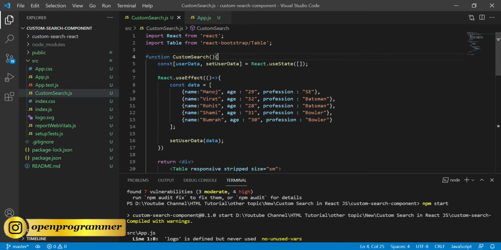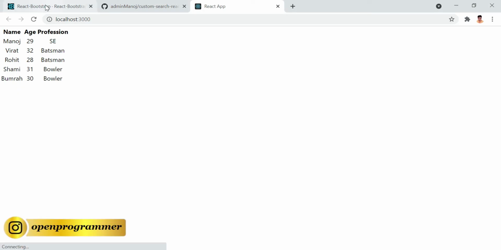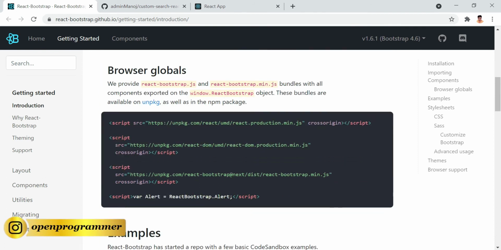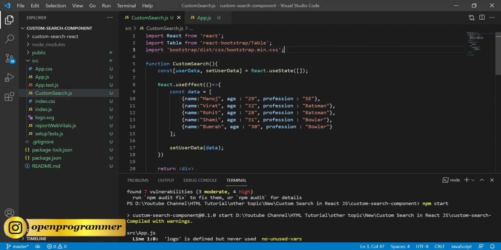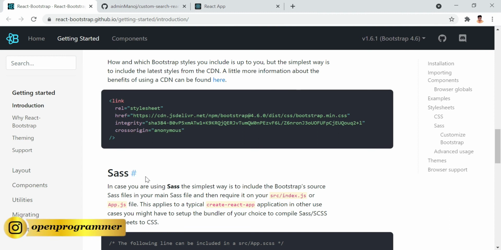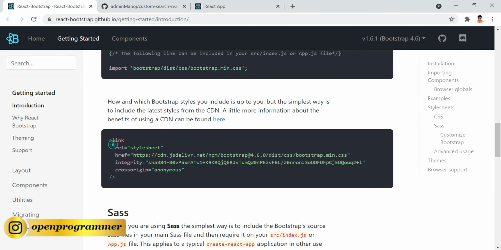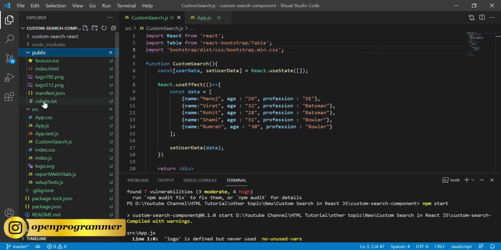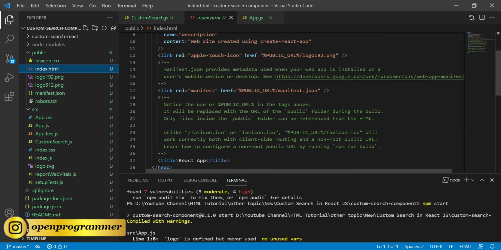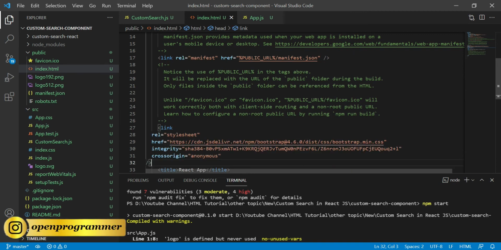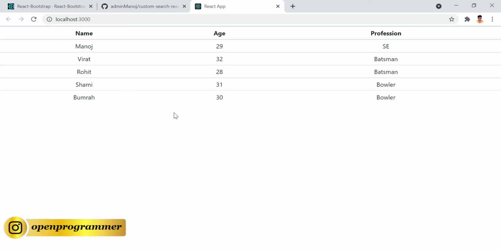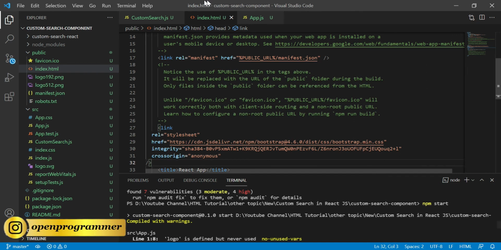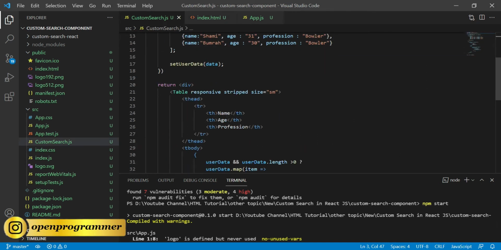Let's correct the spelling and let's go to the Bootstrap, and we need to include some CSS. So include this in your component and this link in your index.html, which is in public folder. So inside the head, paste this. Now go back to browser. So you can see our table is coming as a Bootstrap table. Perfect. So now go back to CustomSearch component, and